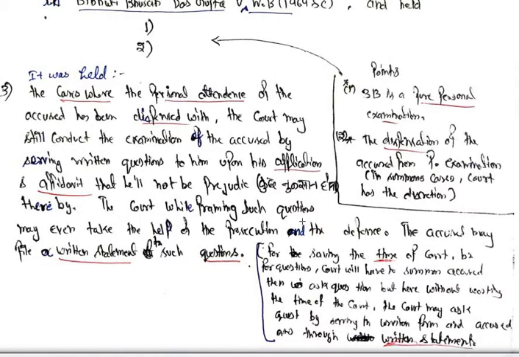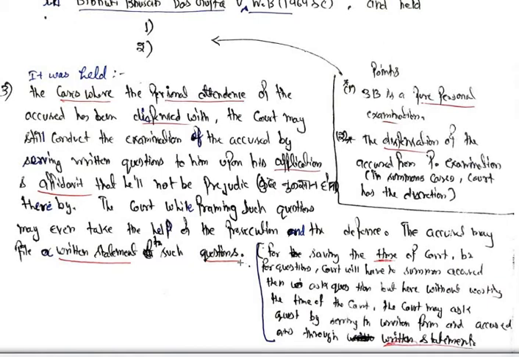The court, while framing such questions, may even take the help of the prosecution and the defense. The accused may file a written statement to such questions. So the point is कि इस केस में कोर्ट ने ये कहा कि अगर कोर्ट ने अक्यूज्ड का पर्सनल अटेंडेंस डिस्पेंस कर रखा है, तो अगर कोर्ट चाहे तो अक्यूज्ड का पर्सनल एग्जामिनेशन भी डिस्पेंस कर दे. लेकिन अगर कोर्ट डिस्पेंस नहीं करना चाहता तो जरूरी नहीं है कोर्ट को एक्यूज्ड को आप सम्मन करके कोर्ट में बुलाओ. आप रिटन क्वेश्चन दे सकते हो उसको, and he can file a written reply to those questions in the